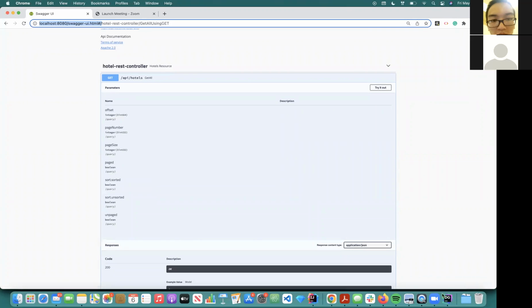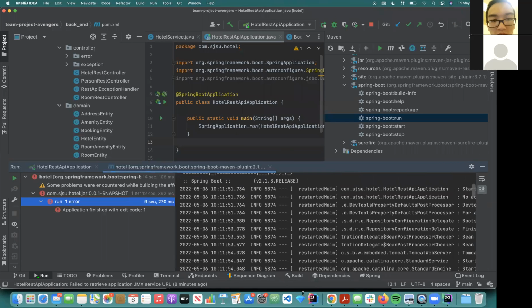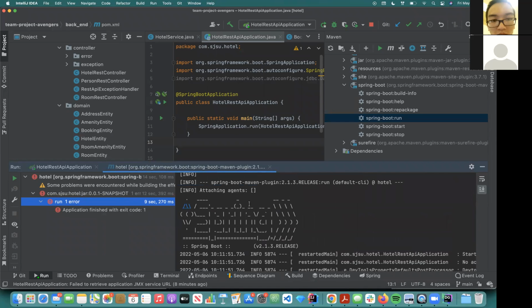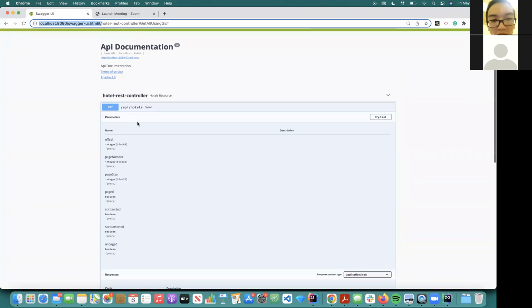Yeah, so I'm currently working on this one. It was showing some issue. Maybe I cannot show you exactly, but I can show you this. I have pinged it on the group also. If you run it and go to this Swagger UI HTML, you will see this API documentation